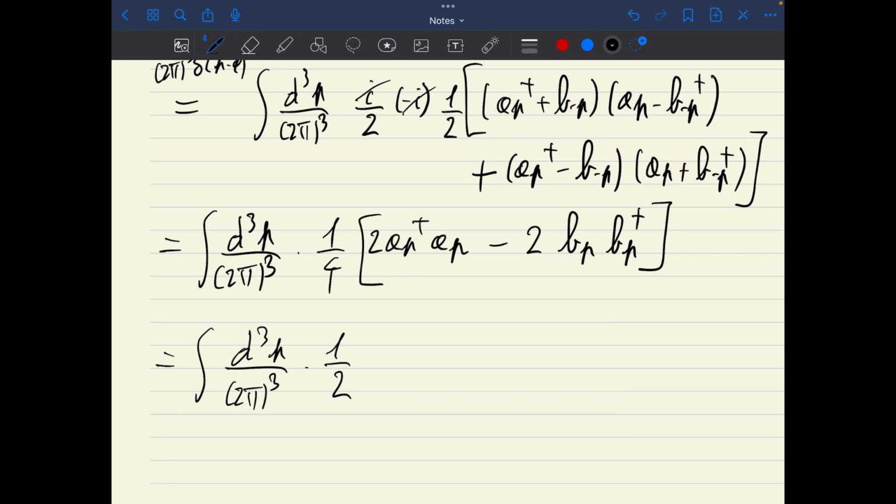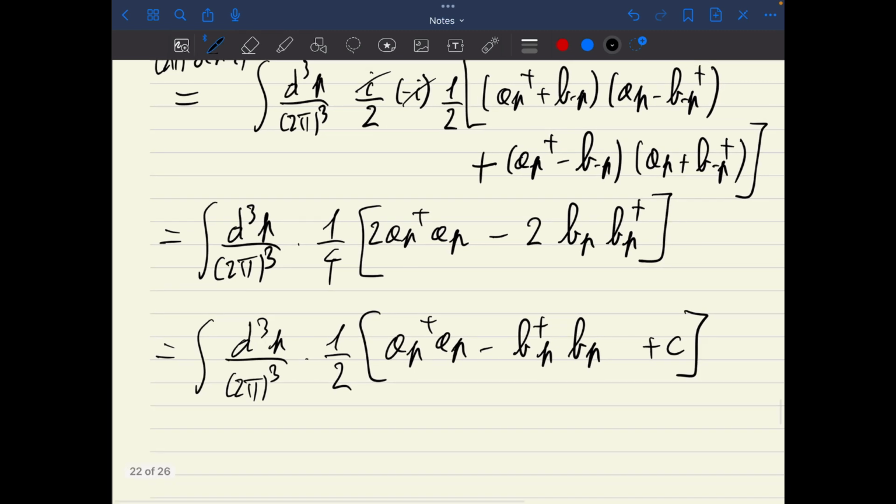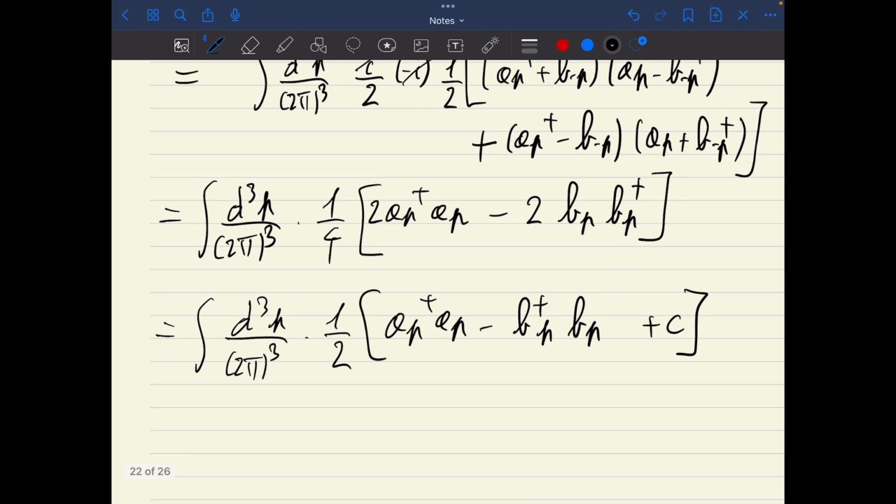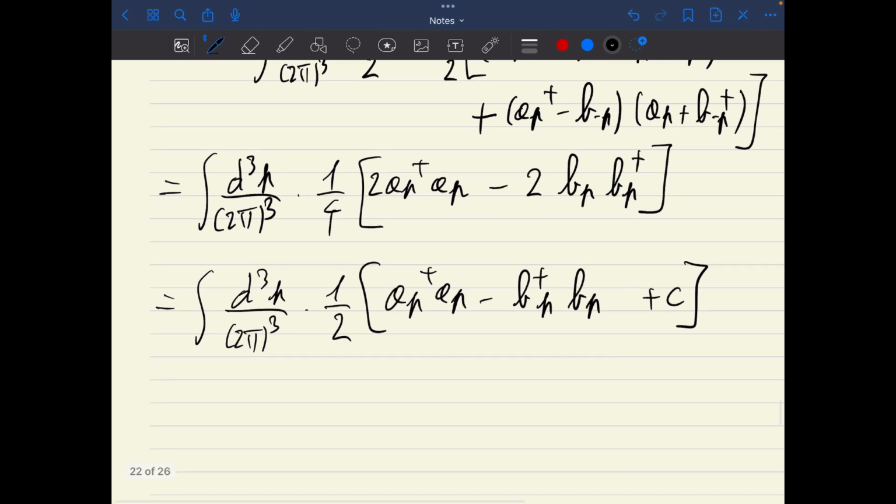As we did in the previous question, for the second term there's actually a constant term, which is very large and infinite, but which we may neglect, or at least not consider for physical purposes. So our result is the expression of the charge in terms of the annihilation and creation operators of the